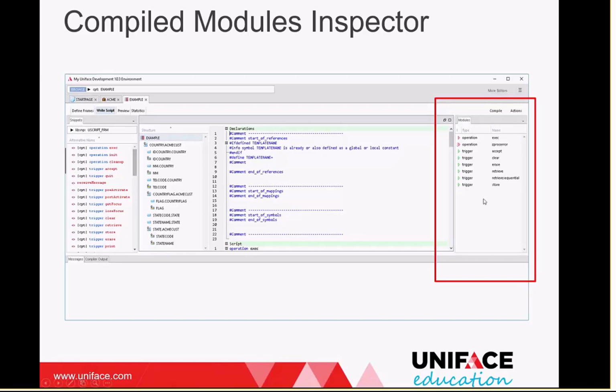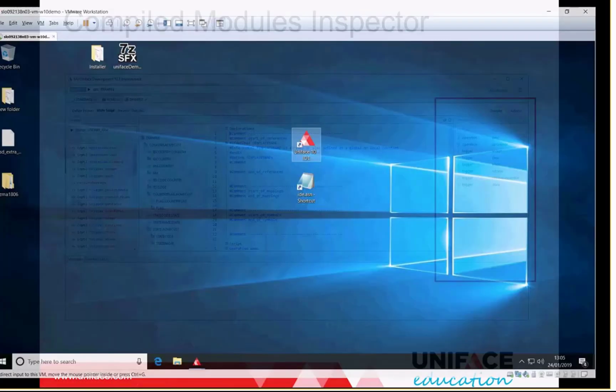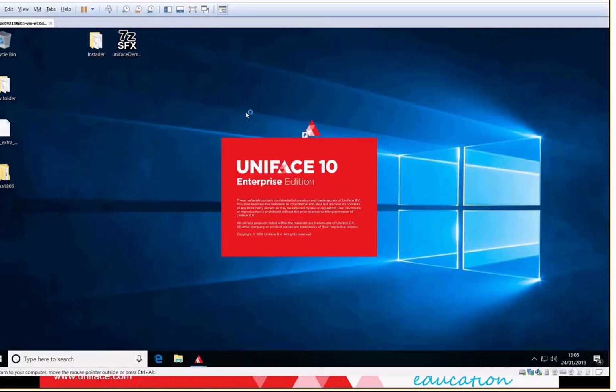So what we see here is the compiled modules inspector, and it shows me exactly what's been compiled into the object. And like all of Uniface, different icons give you an indication of the type of thing that's been compiled in and where it's come from, and through practice you'll learn what the different icons are. Let me just show you this in practice, because it's better to see it than just try and talk about it. If I go into Uniface,